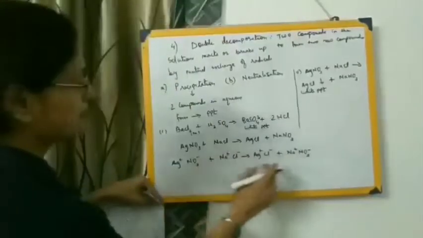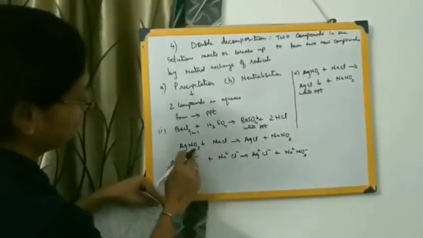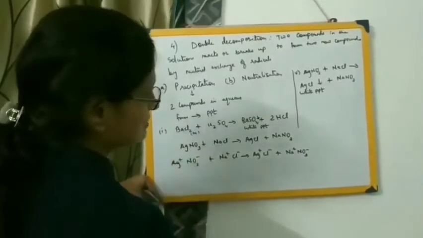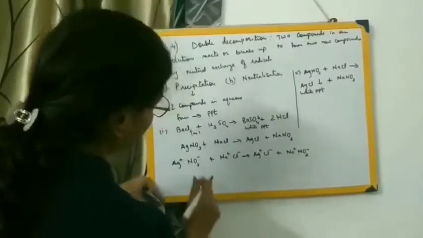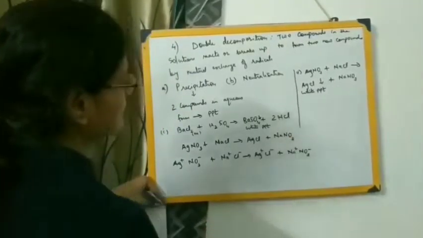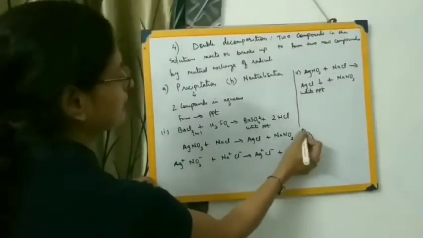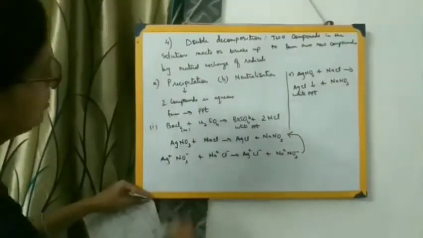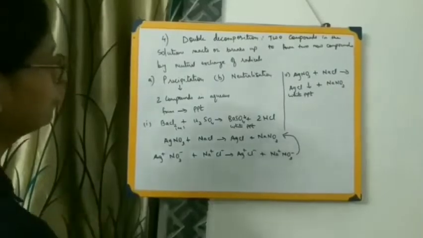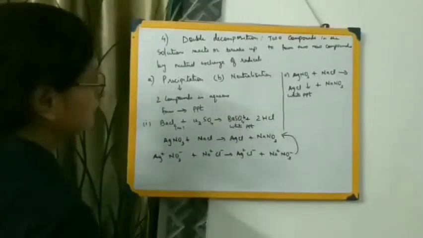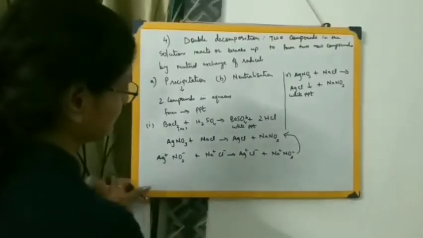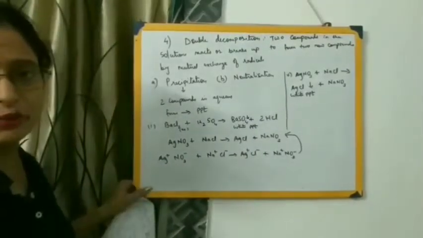Now if we write down NO3 first and then Na, this is going to be wrong. Again, if you remove all these signs, you get back this reaction. So these are all examples of the precipitation reaction under double decomposition. Now we move on to the next type of double decomposition reaction. Let me rub the board. Is it okay everyone? Just go through it once, then I'll rub the board.